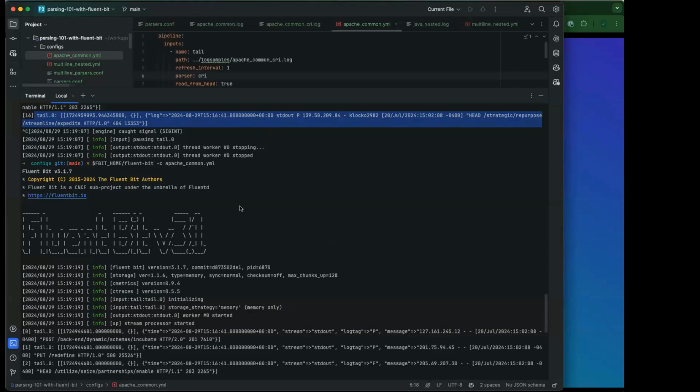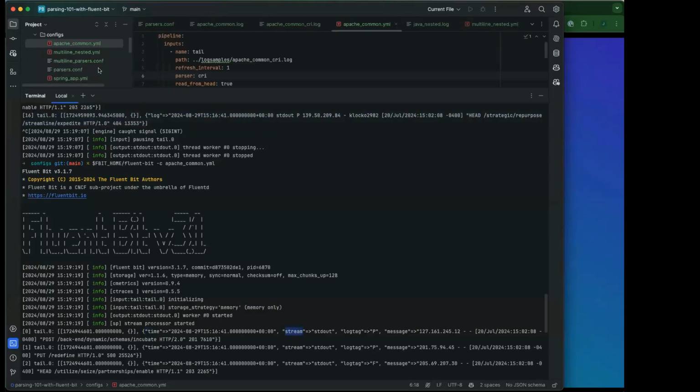So that's what Fluent Bit captured. It captured the whole content and put it into the log key, which is the default key for the log. But when we run the CRI, we were able to actually capture the time, the stream,